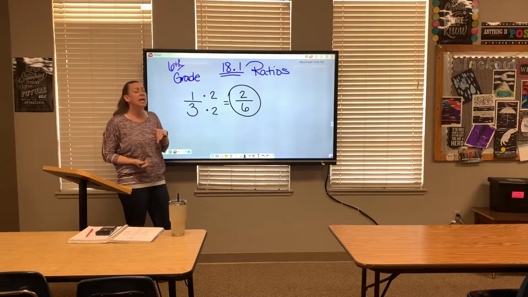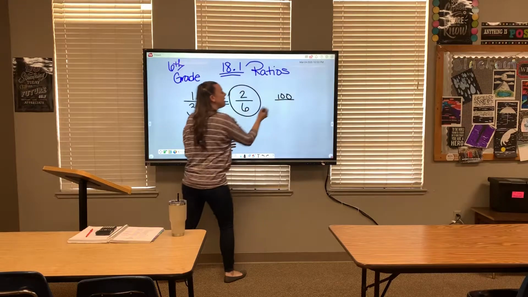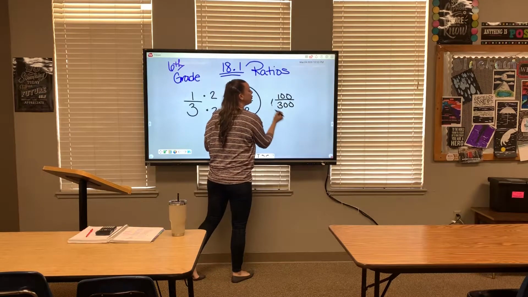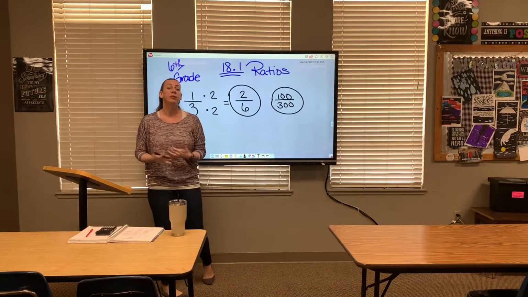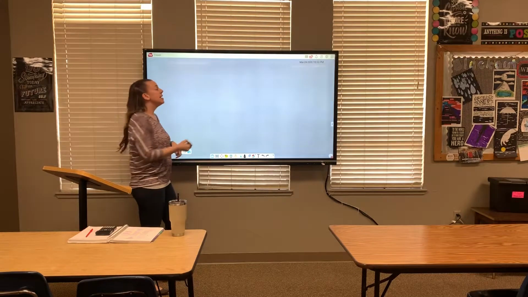I can do the same thing. I can multiply the top by 100 and I get 100. If I multiply the bottom by 100, I get 300. I just created another equivalent fraction, okay? So one way to double check these is if I have